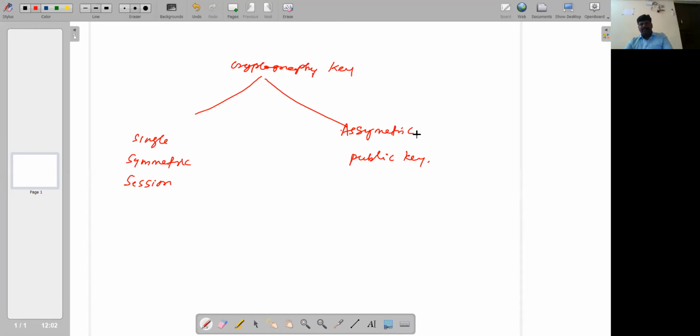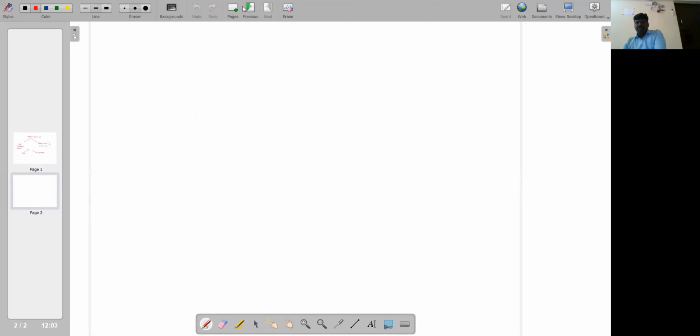Asymmetric key, or public key cryptography, has two keys. One will be used for encryption, the other for decryption. Again, this is the classification of cryptographic techniques based on the key. The second one depends on how it processes, based on substitution as well as transposition techniques. This we also discussed elaborately during our first unit explanations.